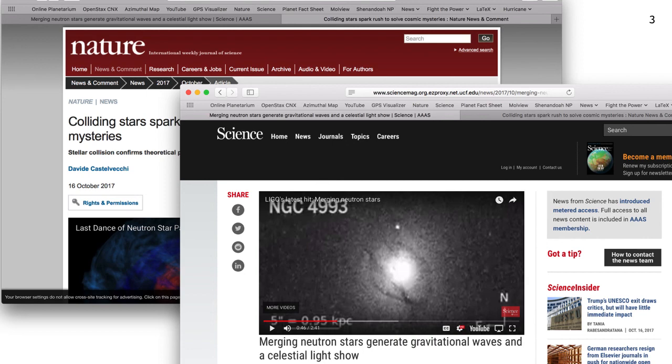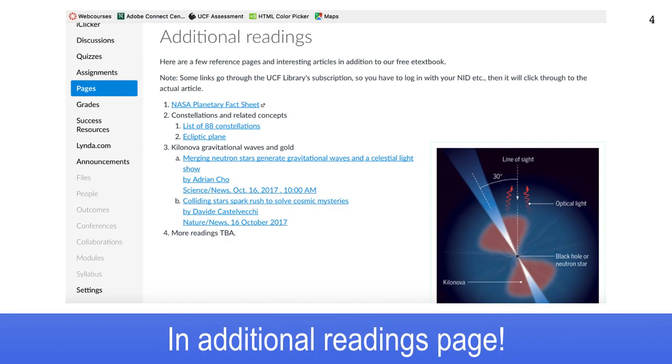Just go ahead and read that stuff as well, and anything else about that you wanted to read. In the Science article, there's some pretty good illustrations. Here's one of them. And this is the additional readings page in web courses. I linked it up this morning, so it's ready for you to read up on that stuff. Here's where the kilonova, gravitational waves, and gold.